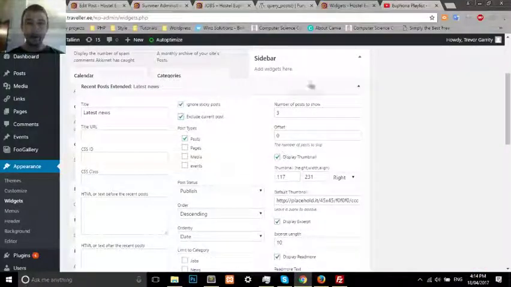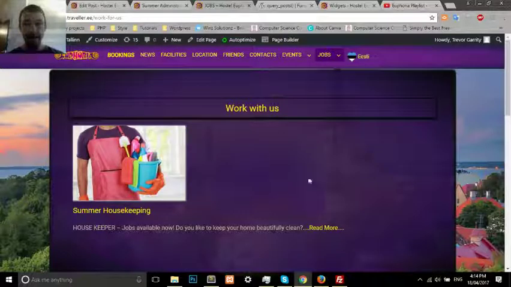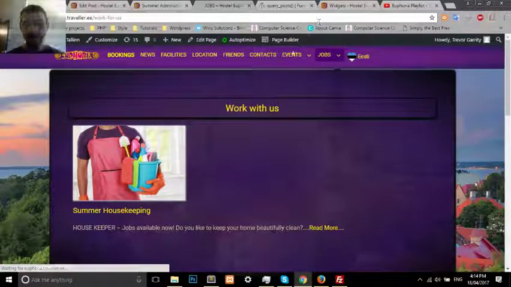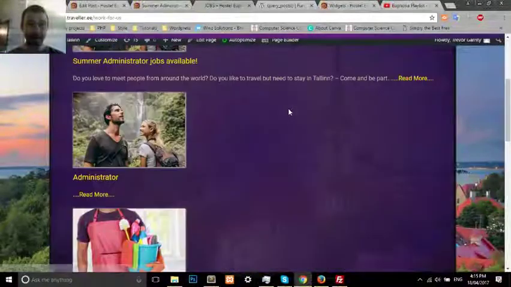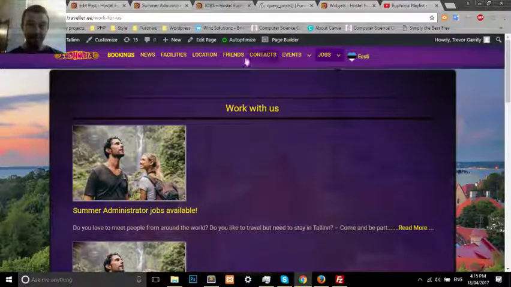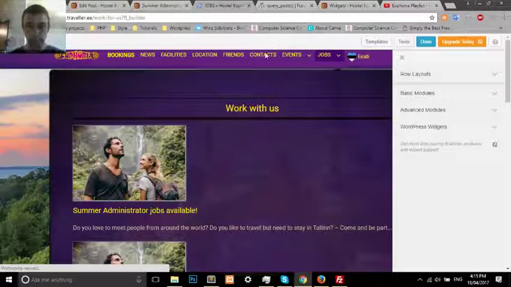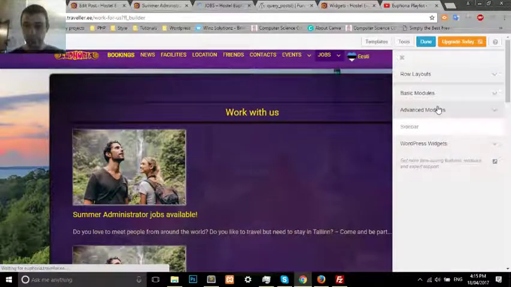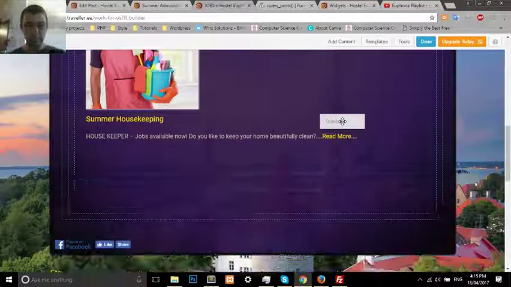But what I've gone and done is I've created a page called jobs. This is the only page that you need to create. You don't need to create an event. See? So everything in the category of jobs is showing up here. And how I've done that is by going to the page builder, going to the advanced modules, then dragging in a sidebar,